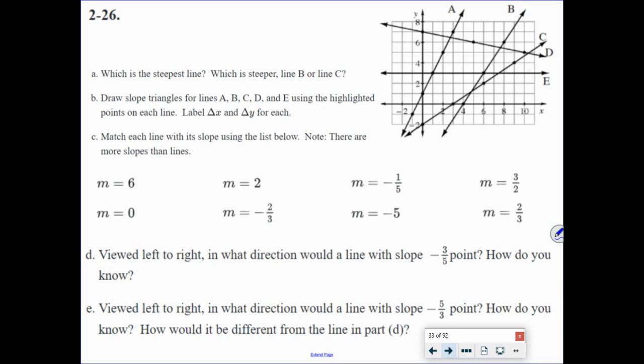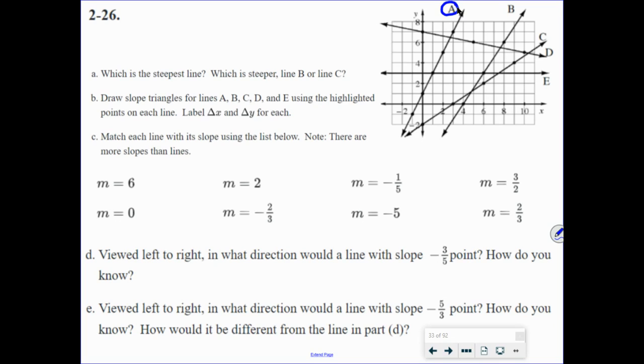Okay? 226A. Which line is the steepest? Which is steeper? B or C? So let's look first. Which one's the steepest there? Is it A? Is it B? Is it C? Well, if you look really carefully, the steepest line would be